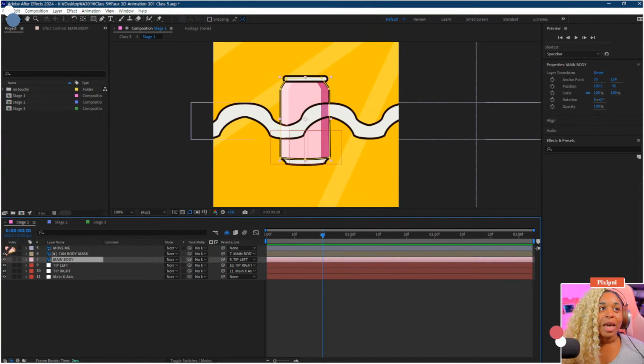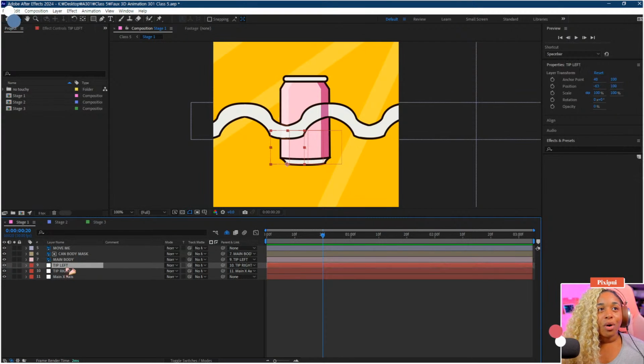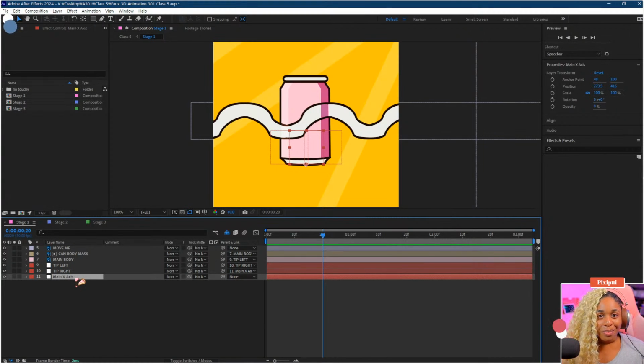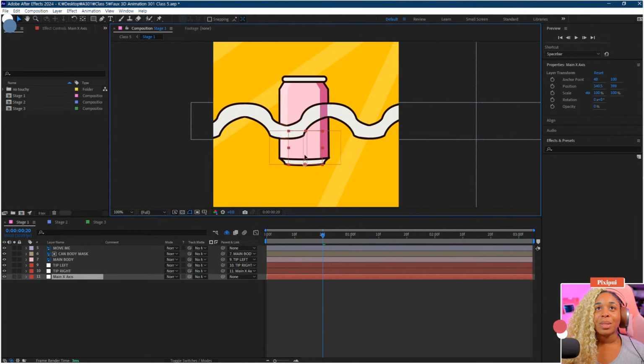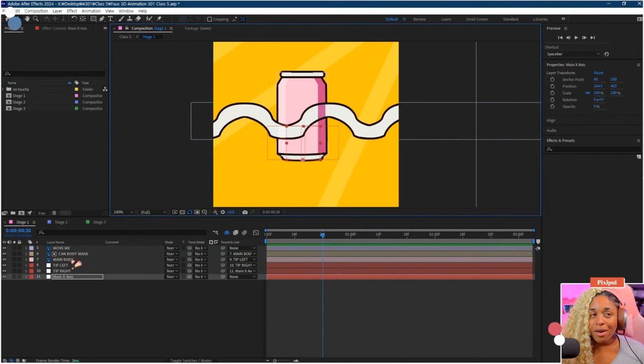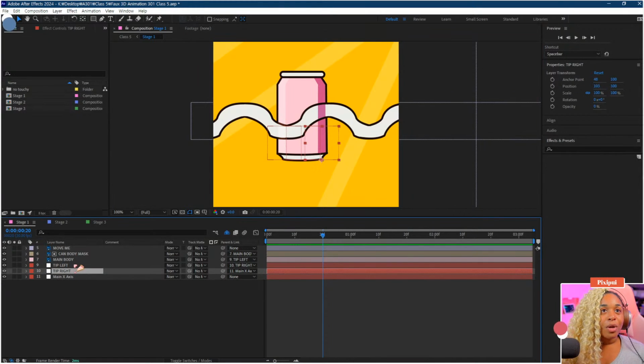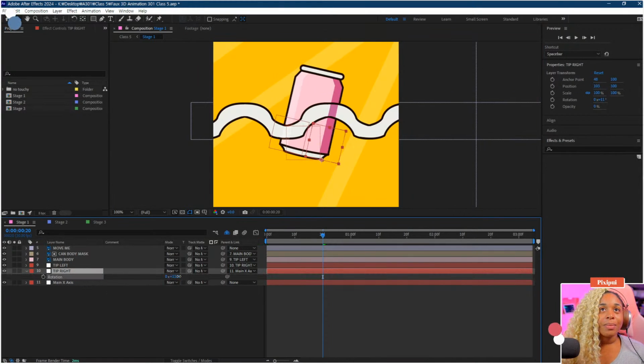Got our move me, our mask, which we can't really see, the main body, and we're actually going to get a little bit technical now. We've got 3 nulls that I've called tip left, tip right, and the main. By doing this, we actually have a little bit more control. So if I move my main axis, you'll notice it moves my whole can around. But because of how I parented it, if I move my tip right,